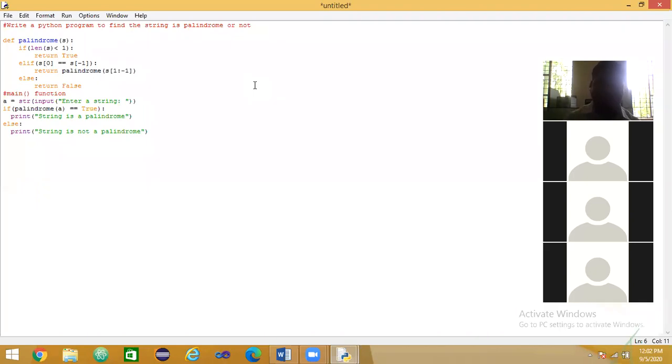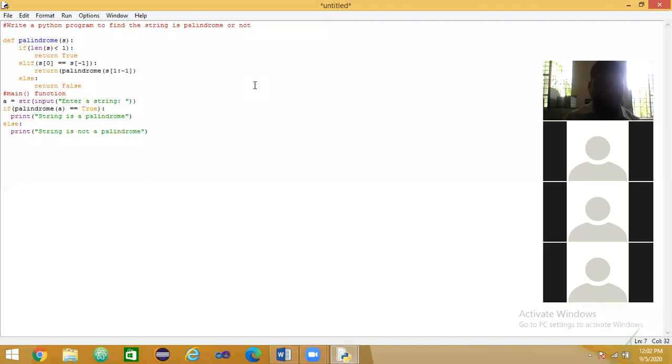S of 0 means it takes the first character of the string, which is compared with S of -1, which takes the last character of the string. If both the last character and the first character of the string are the same, then it is true. Then the cursor comes to the return part.